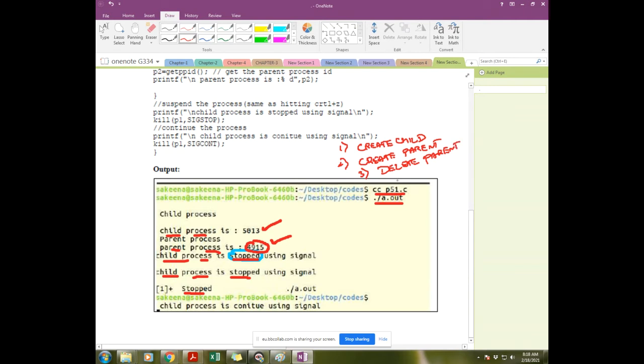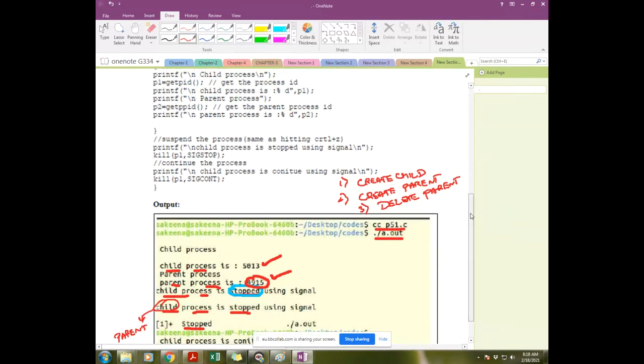Okay, and the meaning is that in place of this I want parent. Okay, so how will you change it in the program?